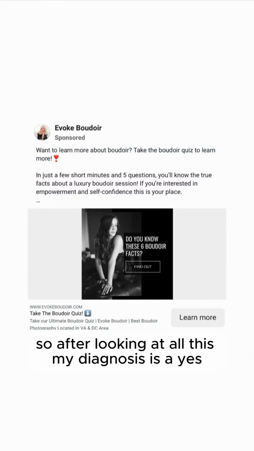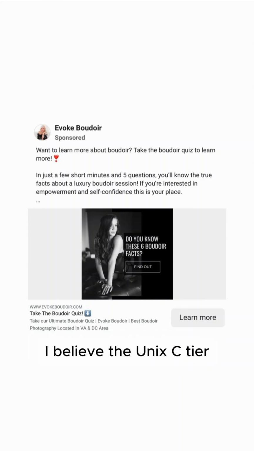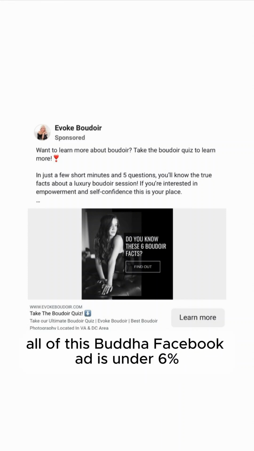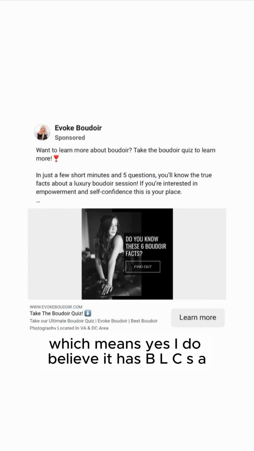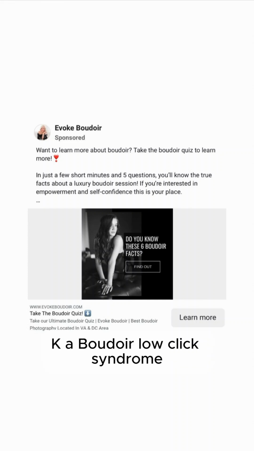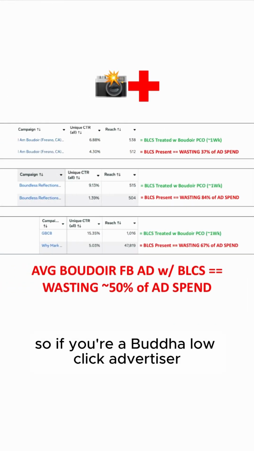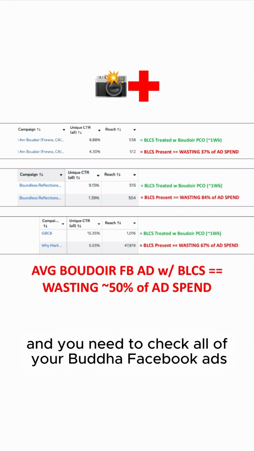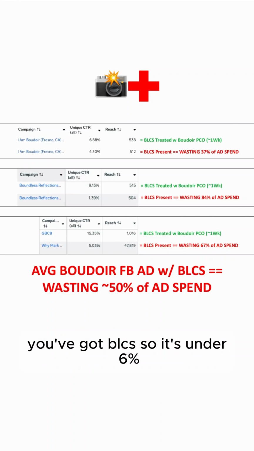So after looking at all this, my diagnosis is yes, I believe the unique CTRL of this Boudoir Facebook ad is under 6%, which means yes, I do believe it has BLCS, aka Boudoir low click syndrome. So if you're a Boudoir low click advertiser and your unique CTRL of your Boudoir Facebook ads, you've got BLCS, so it's under 6%,